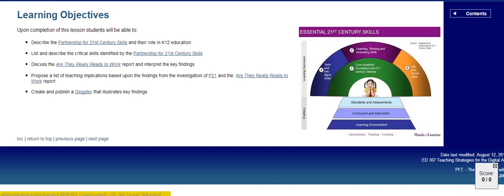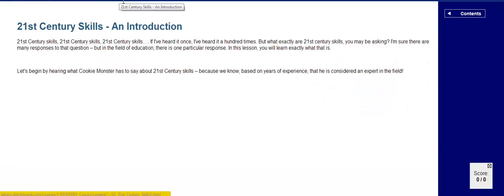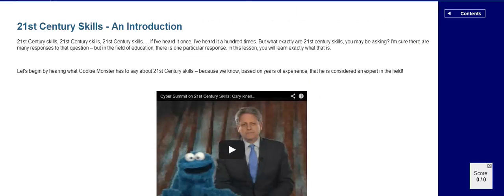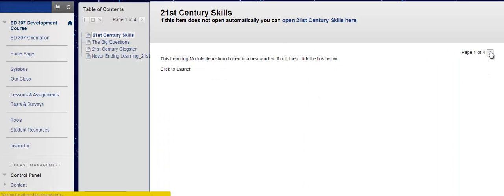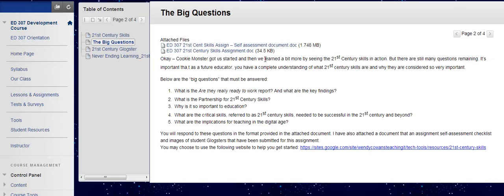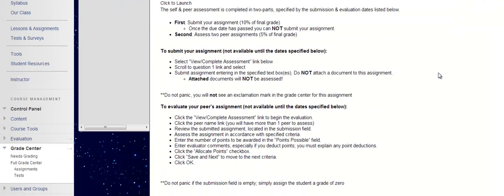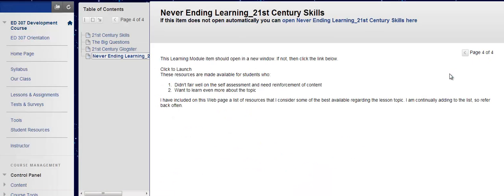Anyway, in the lesson, you just proceed through the lesson, and it has videos and all that kind of good stuff. We'll flip to the next page, and on the next page, it tells you what the next thing to do is in this learning module. And then on this page, it tells the next thing that you should do. And on this page, it provides you with some additional links for additional learning. I'm going to, real quickly, jump